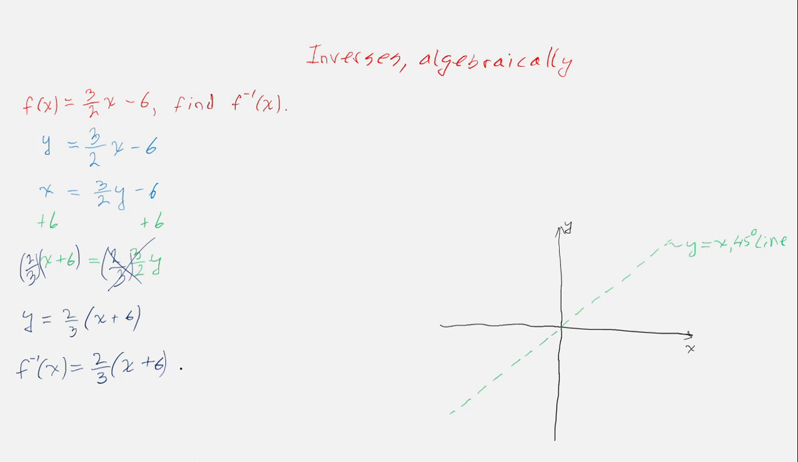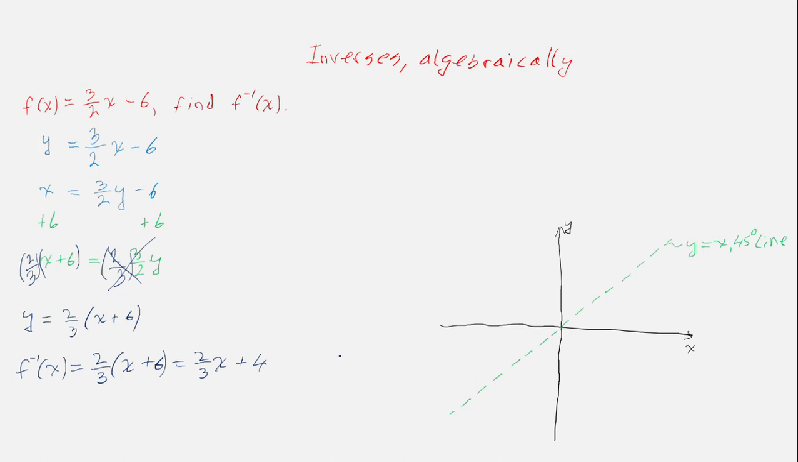Now just to make it easier to graph, I'm going to distribute the 2 over 3. So this is going to be 2 over 3 x, and then plus 6 divided by 3 is 2 times 2 is 4. So this is just plus 4, right? Or you could say 6 times 2 is 12 divided by 3 is 4. So now we have our slope, we have the intercept, and we can graph the